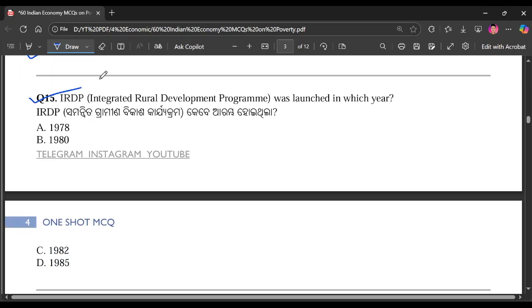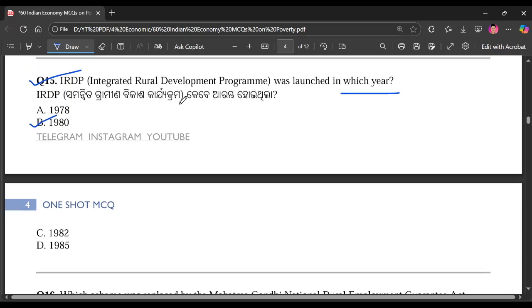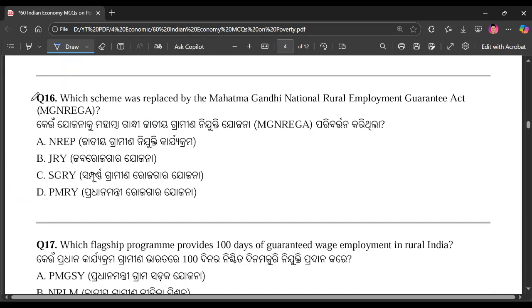Question number 15. IRDP was launched in which year? Right answer is option number B, 1980. Question number 16. Which scheme was replaced by Mahatma Gandhi National Rural Employment Guarantee Act? Right answer is option number